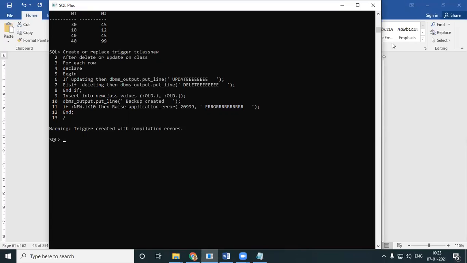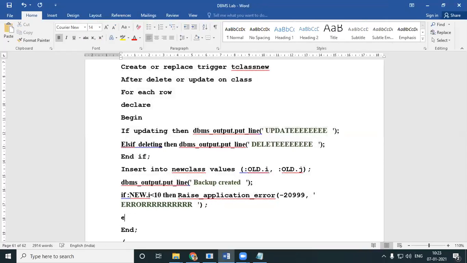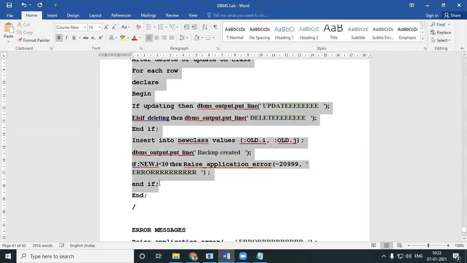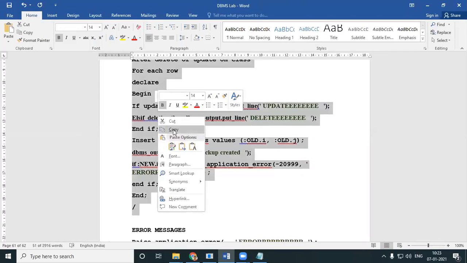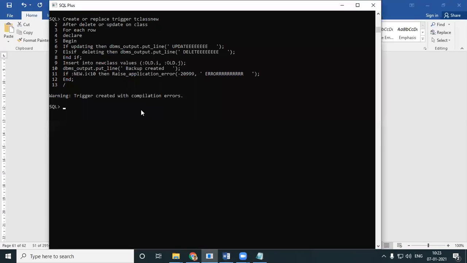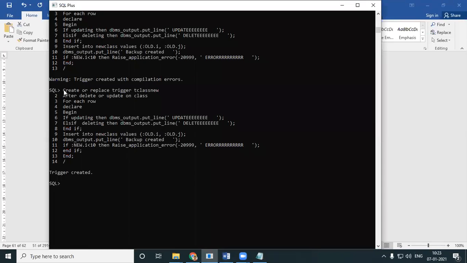Okay, I did an if statement without an end if. So I should have an end if because I have an if. Okay, so that was my error. I did have an if, I did not have an end if. So that's done. Now I will do an update.